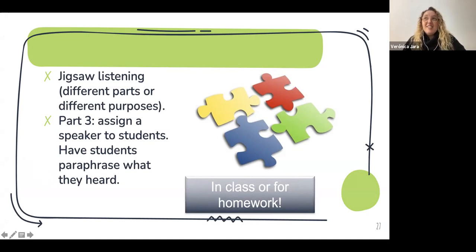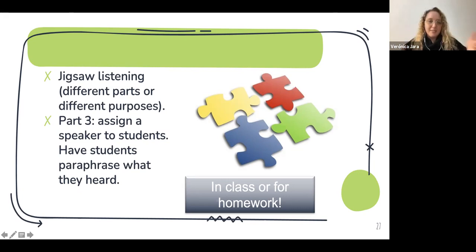And listening for homework is something that sometimes we forget about, and it's a very, very useful thing to do. It could be things that you give students or that students find. Because of course, the more practice they do, practice makes perfect. So the more things they listen to, the more exposed they are, the better. And when they are doing this kind of listening for homework,